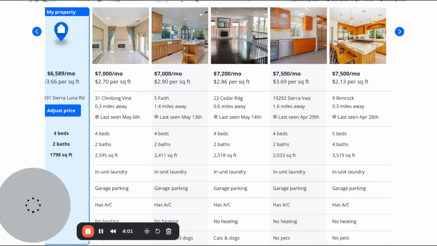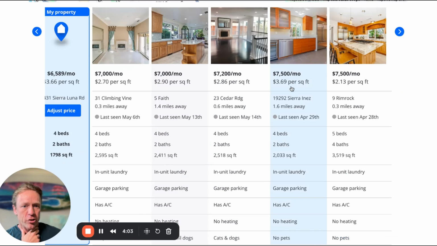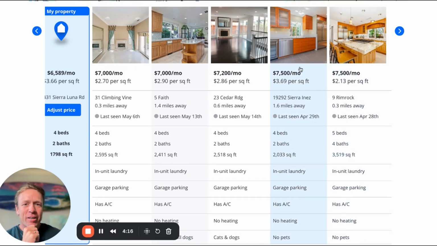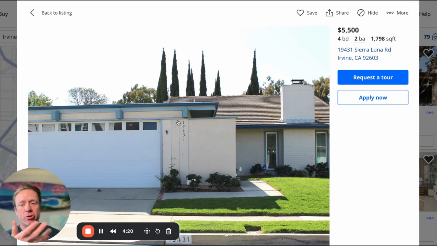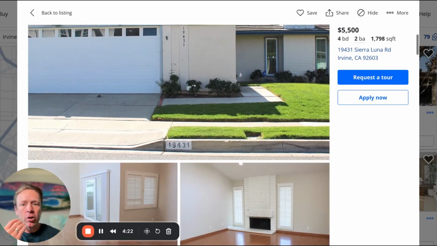So if I go back to this part, it shows at 7,500, 2,000 square feet roughly, it's about $3.69 a foot. So the next thing I'm going to do is relook at my subject property. Now this will be your property, so you'll be very familiar with it, but I'm going to look, okay, I have